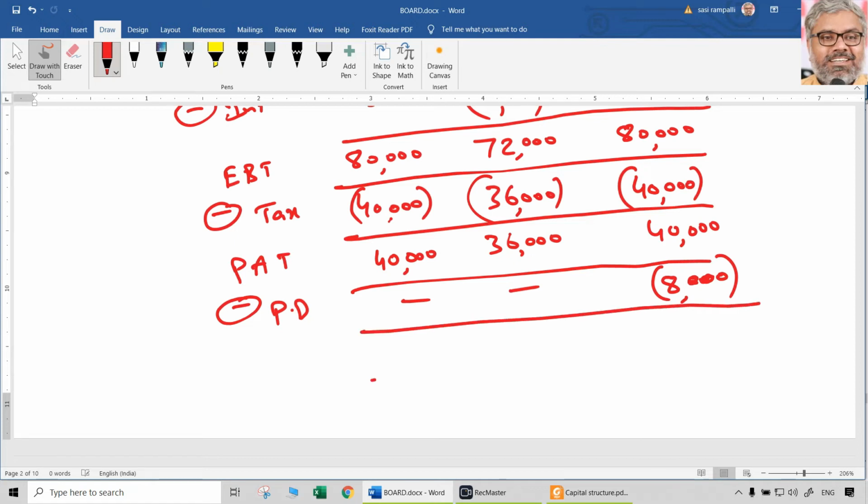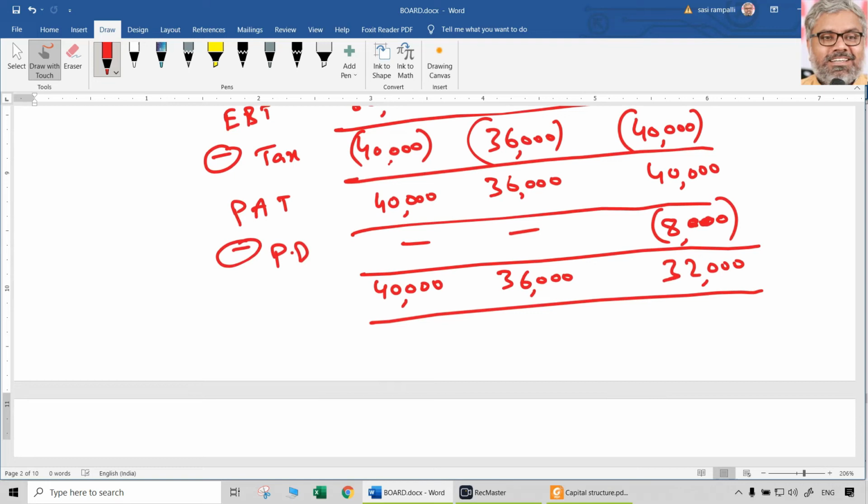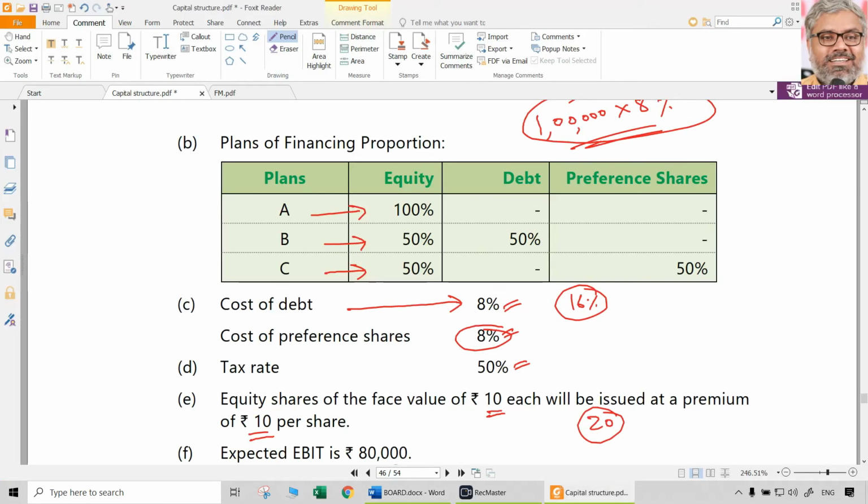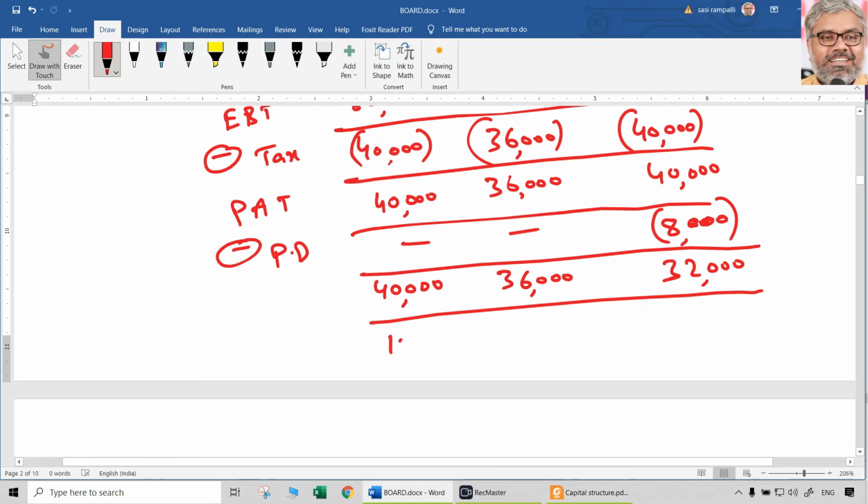So what is the earnings available to equity shareholders? 40,000, 36,000, 32,000. Then the number of equity shares in plan A: since the entire 2 lakhs is going to be raised through equity, and the issue price is 20 rupees, 2 lakhs divided by 20 means 10,000 shares will be issued